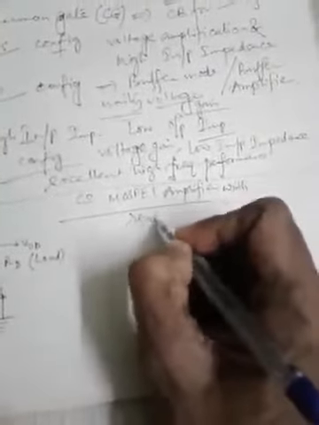We can name this circuit a common source MOSFET amplifier with resistive load, because the load can be anything else. If a diode is connected, that should be called a diode load. Different types of loads can be connected with this MOSFET amplifier, but for the time being we are restricting our discussion to a resistive load. So this RD is considered as the resistive load.